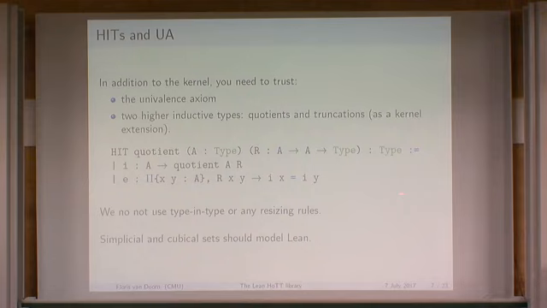When you say kernel extension, what does that mean? So the Lean kernel supports a way that you add new definitional equalities, and we add two of them, for the induction principle for the quotient and the induction principle for the truncation. Is that like a rewriting? I think it's very similar to the rewriting of